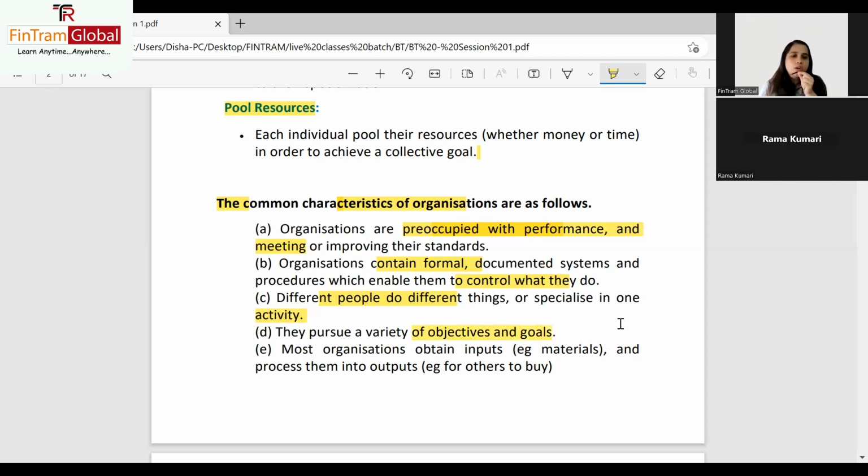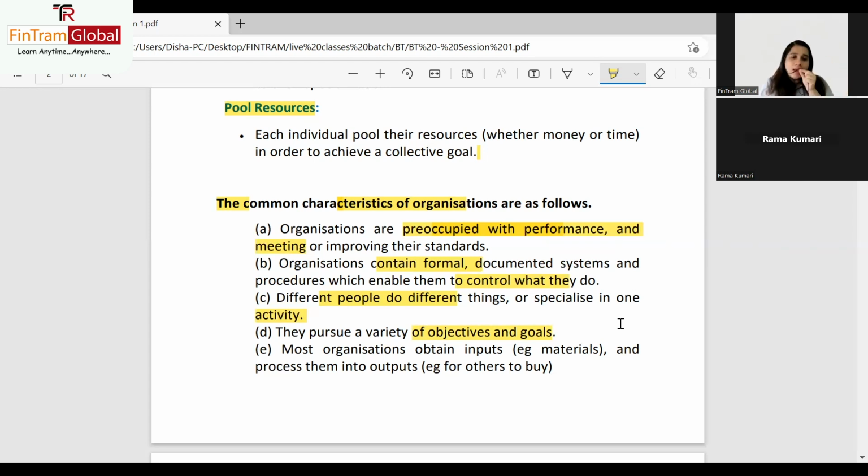Of course, as an organization, they will not just have one objective or one goal, that okay, this year we'll have to make, let's say, this much profit. There are going to be many objectives. You might have one major objective, but there are going to be sub-objectives, that as an organization we have to grow. Or you could have an objective that we need to diversify, we need to get into more product lines. So depending upon your type of organization, you would have a variety of objectives and goals.